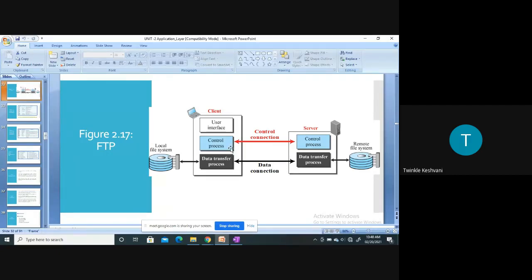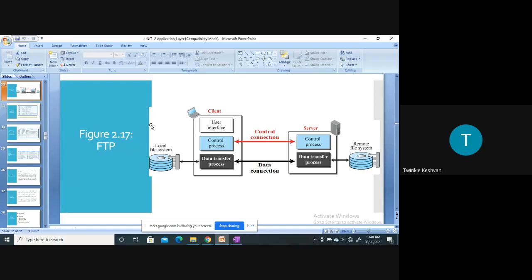If it is asked how many components are there in the FTP client side, you have to mention user interface, control process, data transfer process, while in the server there are two components: control process and data transfer process, and between them two connections are established: control connection and the data connection.